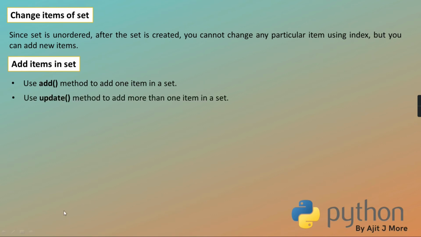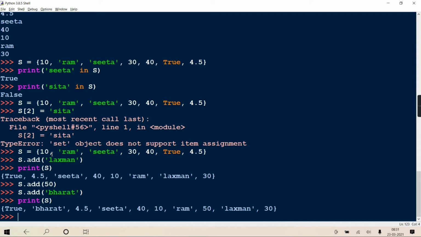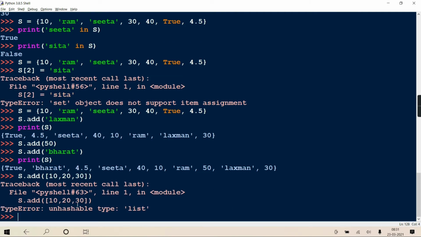And there is one more called update. Update is very much like extend. Clear? So first about add you got it. Now when you are adding, that element can be itself any iterable object. Like suppose I am adding 10, 20, 30 as a list. Okay? So it will give you error that it is saying this list is not hashable. From this only it is indicating.